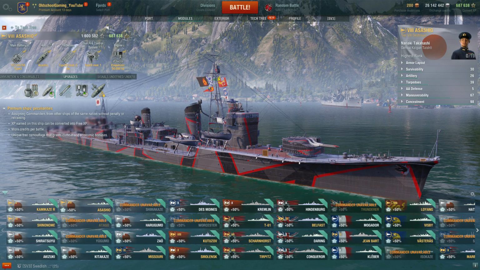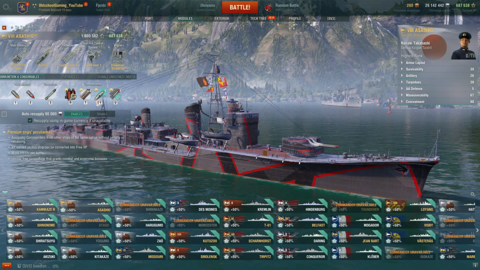So looking at the consumables, well, actually not much to say here. I mean, this is a tier 8 premium destroyer. If you don't run premium on all your consumables, you're doing it wrong. I'm sorry. You should definitely afford to run premium consumables on a premium ship. And you can't really choose anything else than these consumables that I have chosen. So it's repair, smoke, speed boost, and torp reload booster, which is an amazing